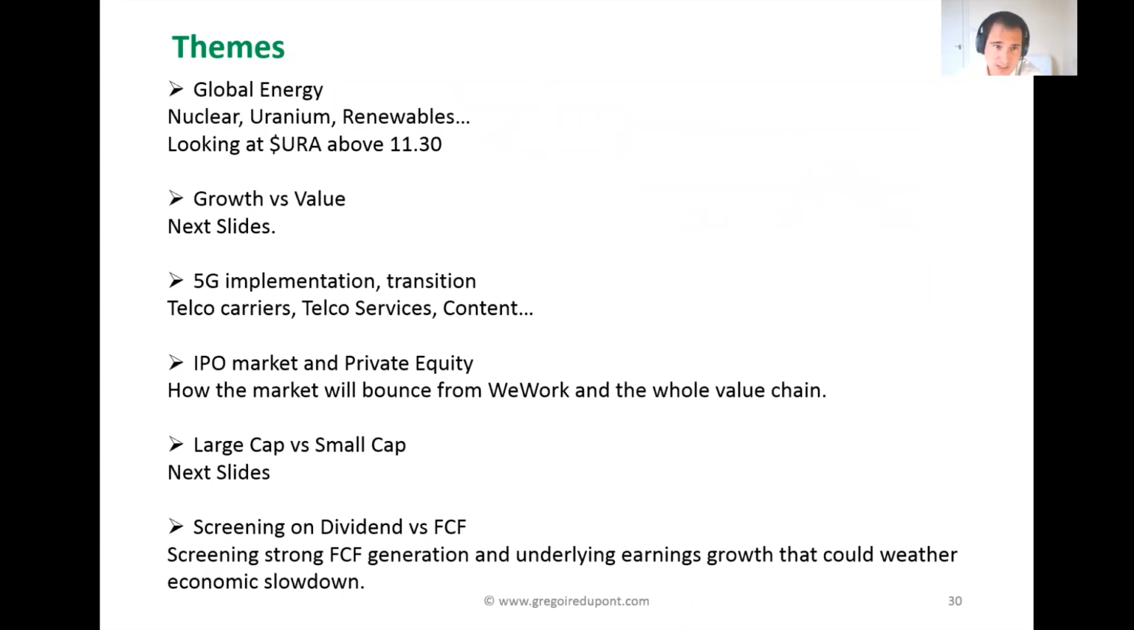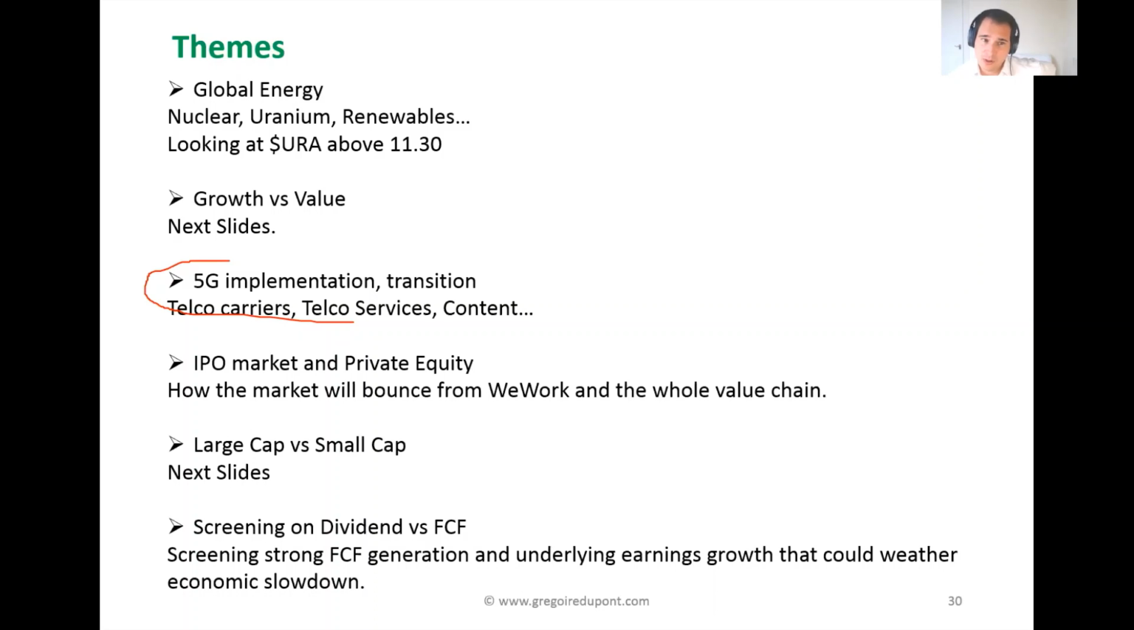So the first one that I really like is the global energy. And this is in the next slide. I'm going to try to convince you, or not convince you, but explain to you what I'll be looking at. I like to look as well at the growth versus value. I like, and I didn't do any slide, but I think the 5G implementation transition is a very important topic